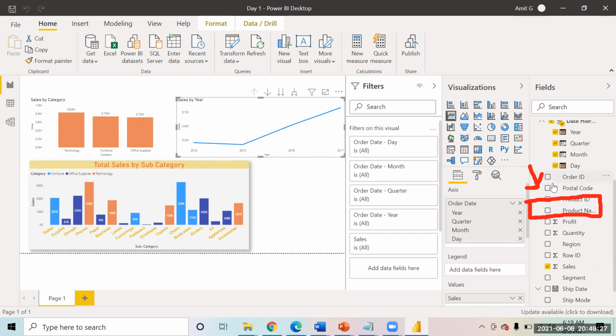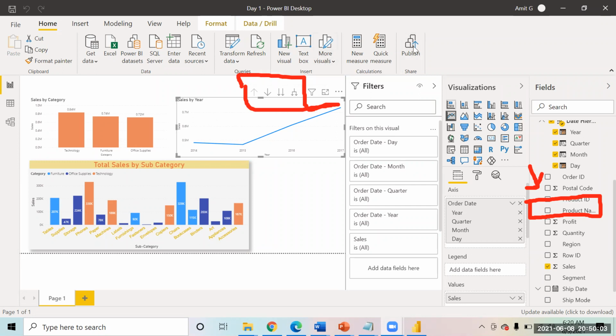If you see now, what Power BI has done is by default it has taken the chart at the year level. The data is aggregated at the yearly level. And you will also notice that at the top of this chart there are some options coming up. I'll just go up till here because the other three options are common to every chart. These are options in Power BI which help us in doing a drill up and drill down. So what is drill up and drill down?